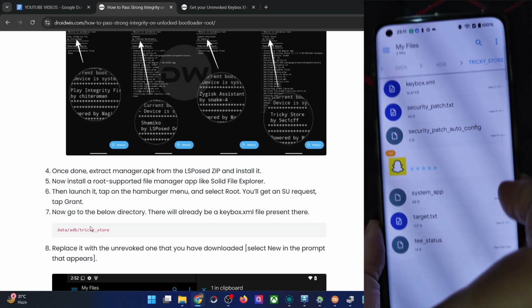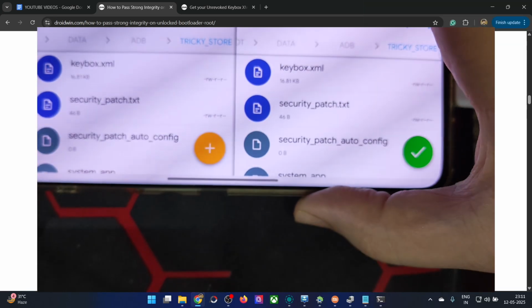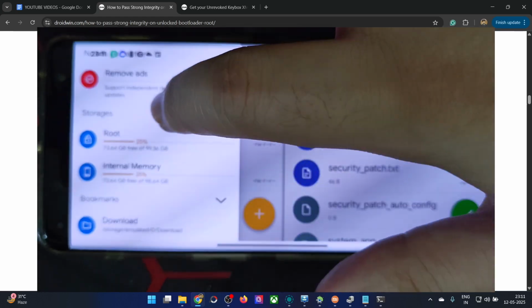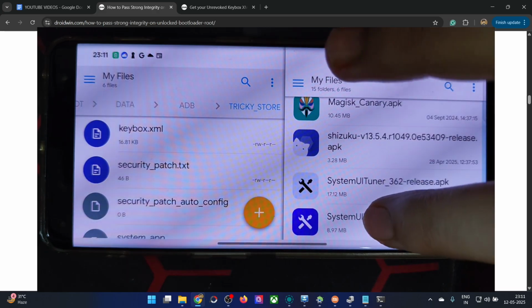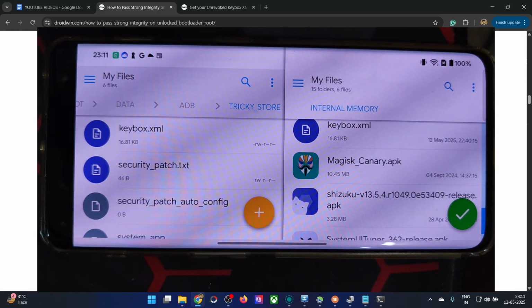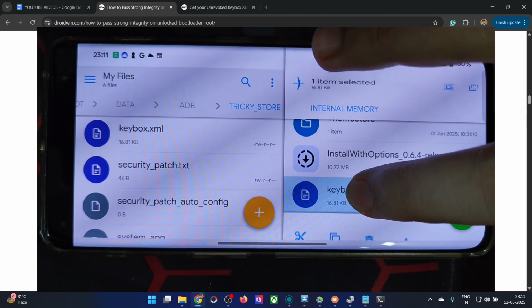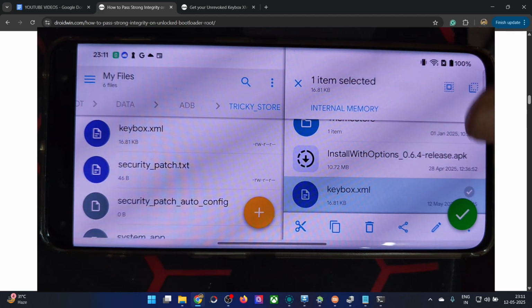So for example, when I give you the keybox file, you will keep the keybox file in the internal storage. This is the internal memory. Let me show you internal memory, and the keybox file is placed over here. Let's say I mail you the file by Gmail and you get the file over here. So you have to now copy the file from here.